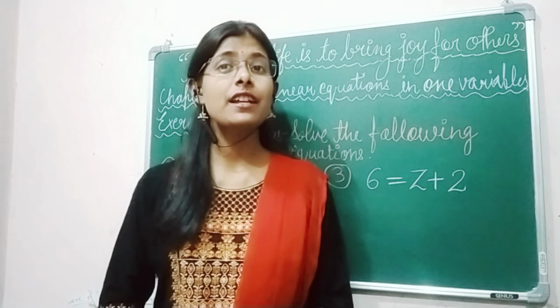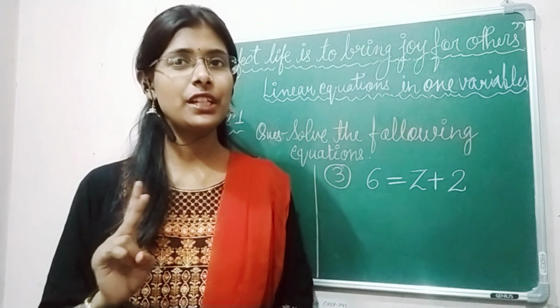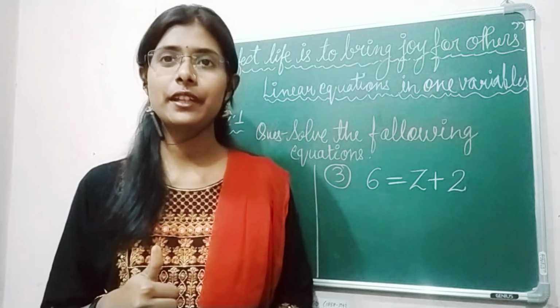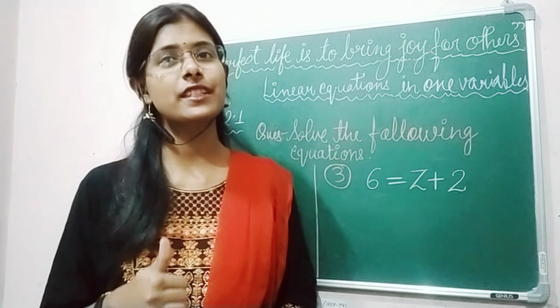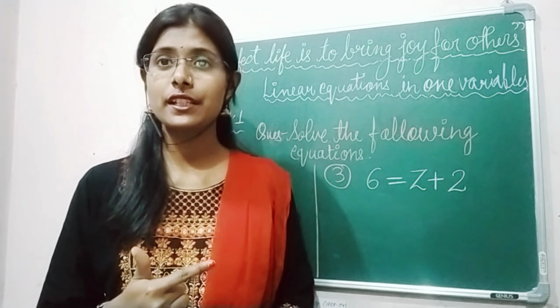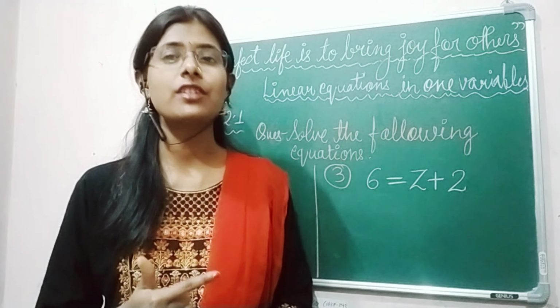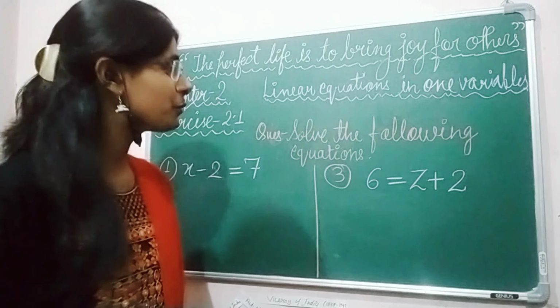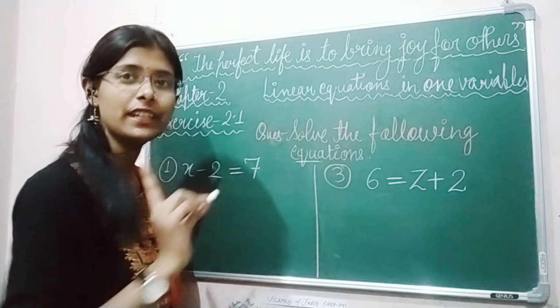But before that, I just want to clear it in your mind that there are two things that you need to remember. One is variable, where you will be using some alphabets and in different situations their answer would be different. And the other is the constant. Constant means the number. Their value is not going to be changed at all. And also, don't forget that you are dealing with equations, so you will definitely get an equal sign here.